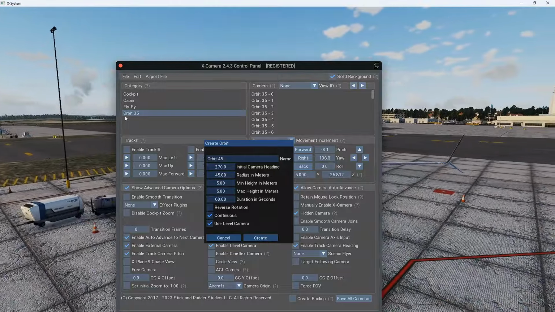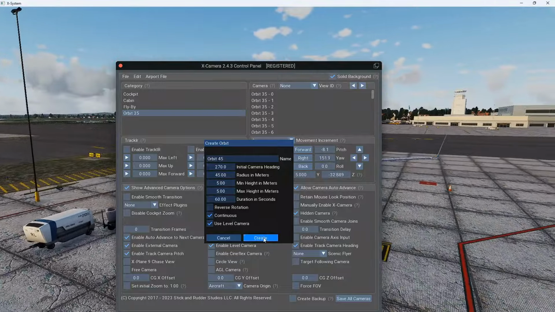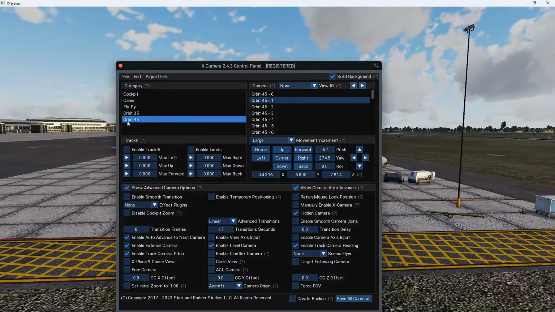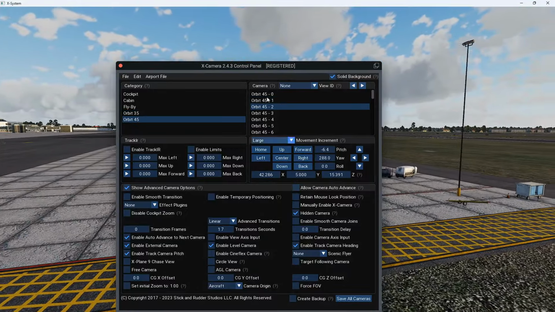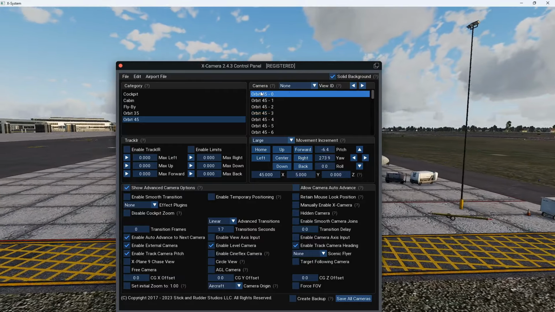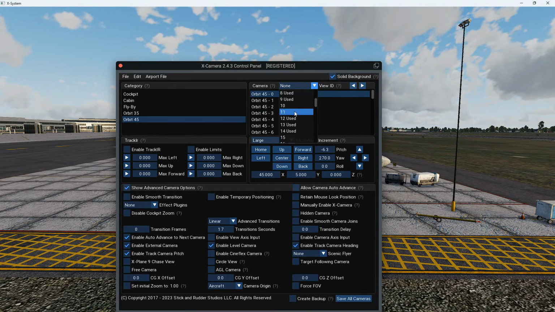Because I gave it a new name, it's going to append. Now it's going to add a camera. So we click on that one, remove the tick to just stop the movement. Let's go back to 0. I'm going to choose number 8 again, and I'll show you the effect in the simulator as well. So there's now 2